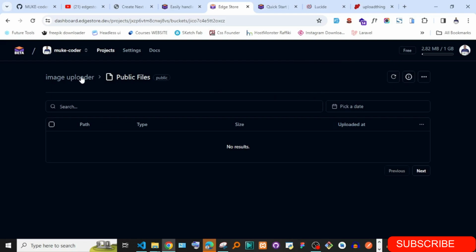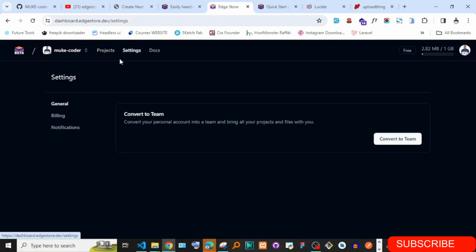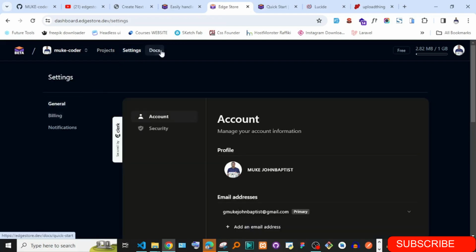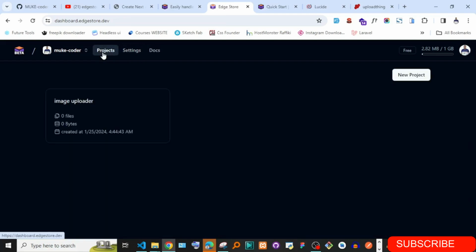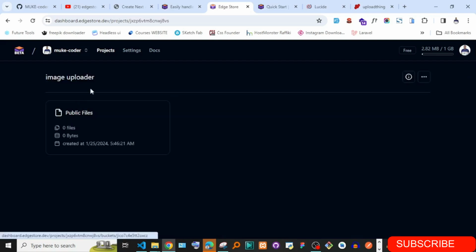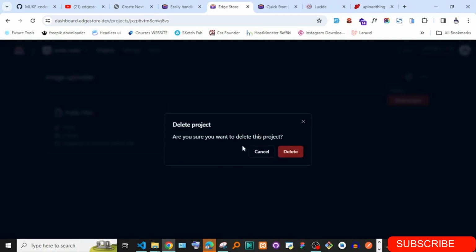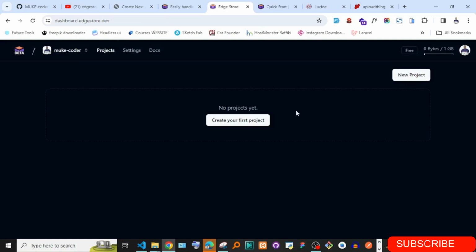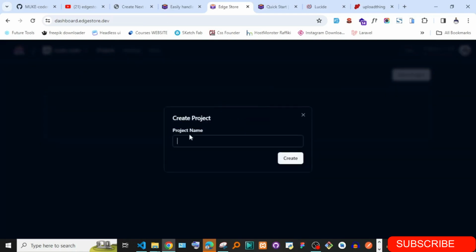So let's go ahead and start. The first thing is, of course, getting the API keys for every project you do. I think here since we have this one, can we delete this project? Let me see. What if I want to delete this project? Let's see. So delete project, so that I have a new one. So create a new project. Let's give it image uploader